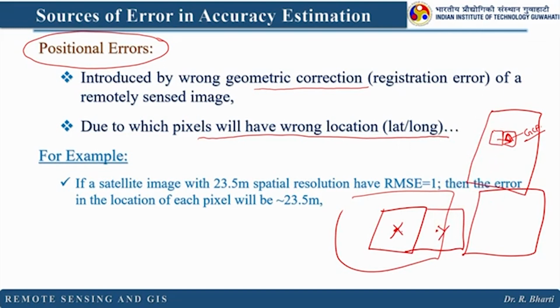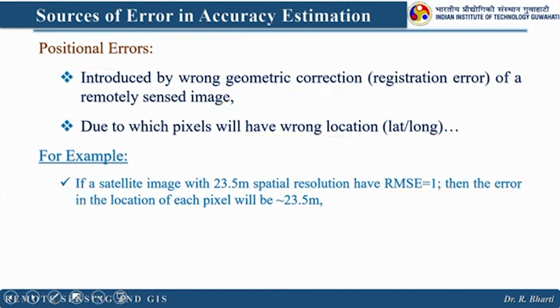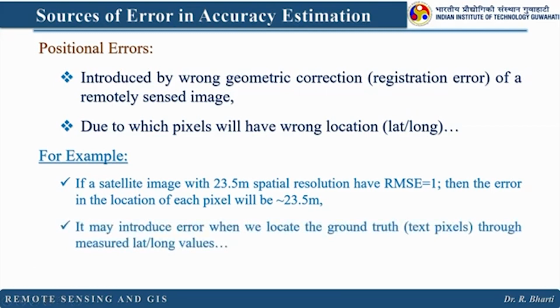So if there is a change in the position, basically the size of one pixel is 23.5 meter. So this is the positional error associated with your classification. So you have to be very careful while doing each and every step, starting from correction to the analysis, and you have to be very careful while introducing any ground control point in the classification, in the accuracy assessment, or